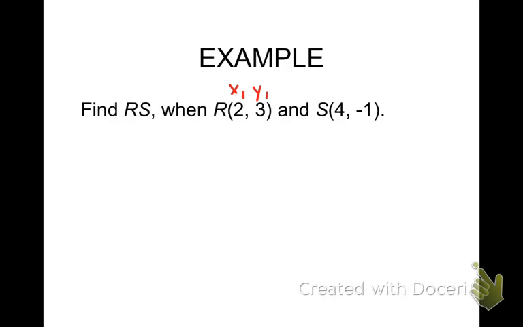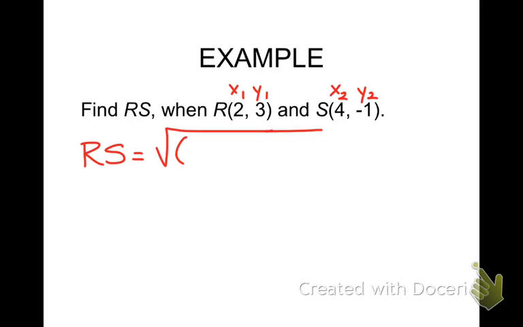If you don't want to make that one point 1, you can make the other one point 1. That's up to you. And then I'm going to label this as x sub 2, y sub 2, just to keep myself organized. So now it's just a matter of plugging it into the formula. Instead of AB, I'm going to use the letters RS. So RS is equal to the square root of parenthesis